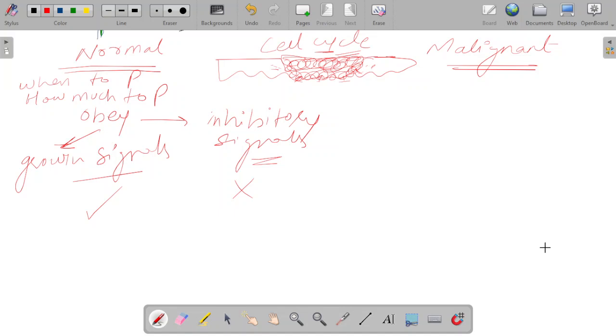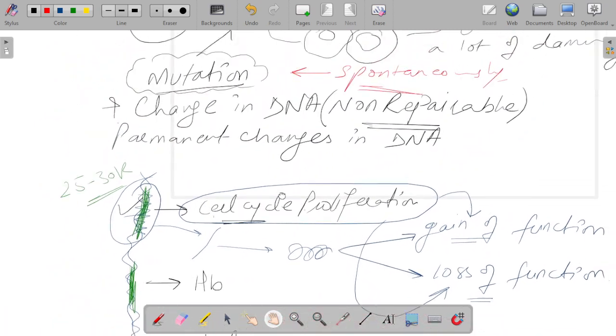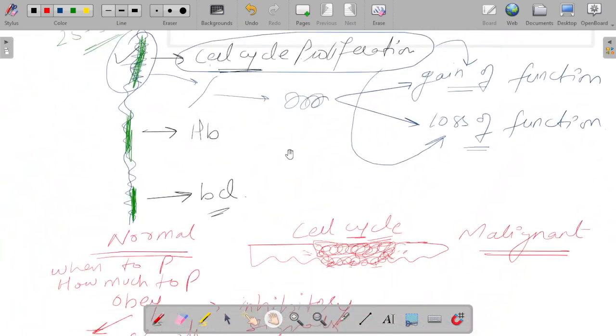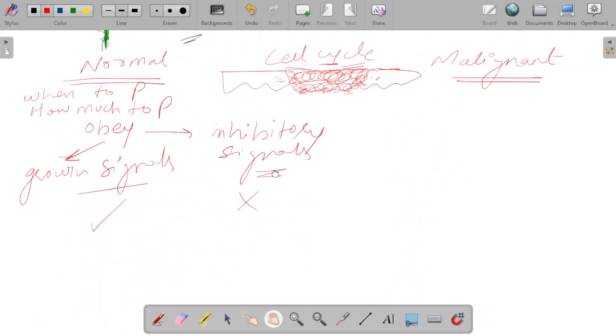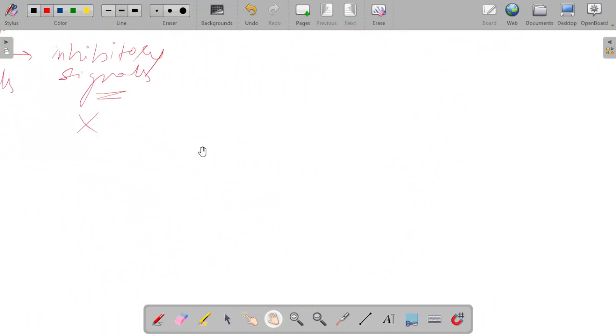So now let's start the discussion in detail on how a normal cell converts into a cancer cell. In a recent lecture we discussed mutations, the concept of gain of function and loss of function mutations, and we stopped our discussion up to this point, that we first understand the normal cell cycle pattern. Very briefly, I am not going into detail of every gene, but just suppose this is a cell,